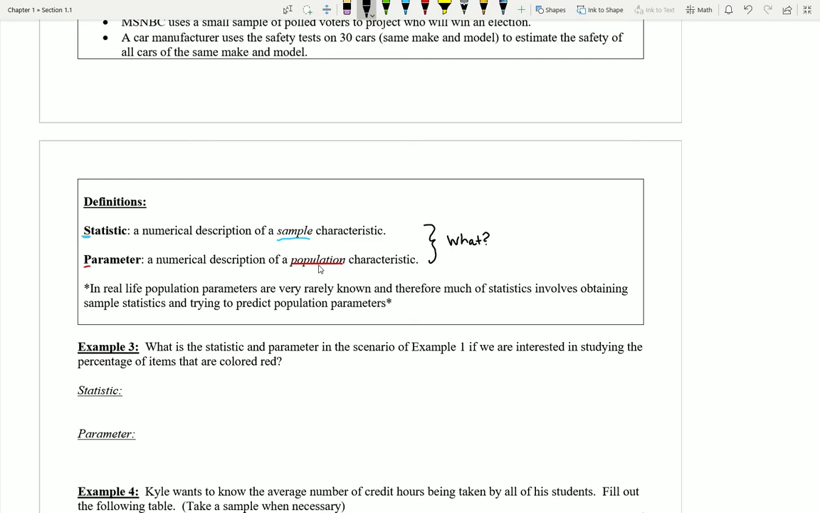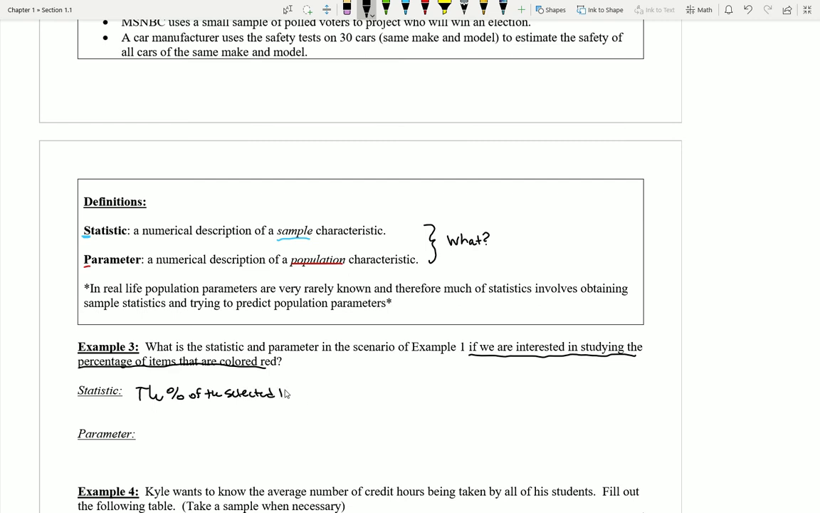Take a look down at example number 3. I could ask what would be the statistic and the parameter in the scenario for example 1, if we were interested in studying the percentage of items that ended up colored red. Okay. So notice here that this portion at the back, what we are interested in, is going to help us understand what we want to know about the population and what we want to know about the sample. So if I wanted to know the percentage of items that were colored red, then the statistic would be the percentage